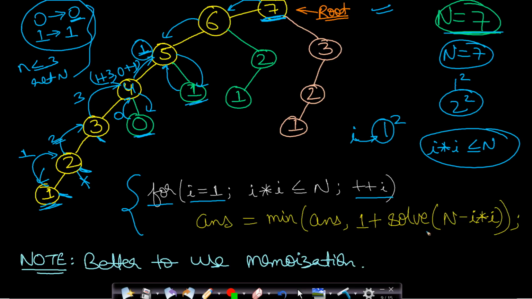Now when you make the recursion call, you will be decrementing the n value. In this case as well, you started with n equal to 7 and you are taking a break of 1, so you reached this 6, and similarly you will make a break of 1 and reach 5. Otherwise, if you take a breakpoint 2, then 4 will be reduced from it and it will make a call to 3. So these are basically defining the breakpoints. n minus i into i will give you the next breakpoint. If you solve this smaller problem for this 3, then you can solve this bigger problem.